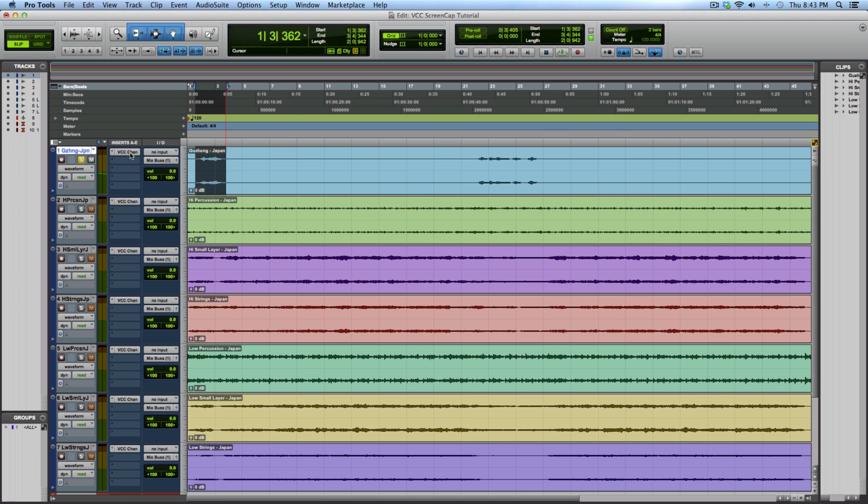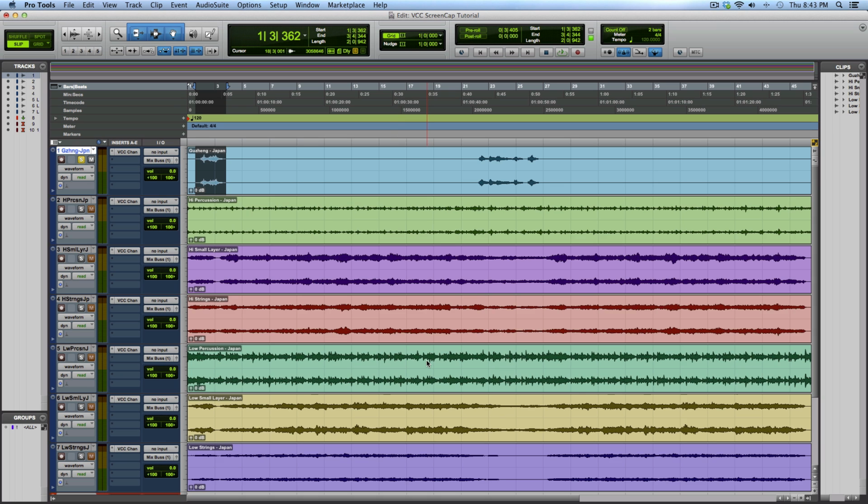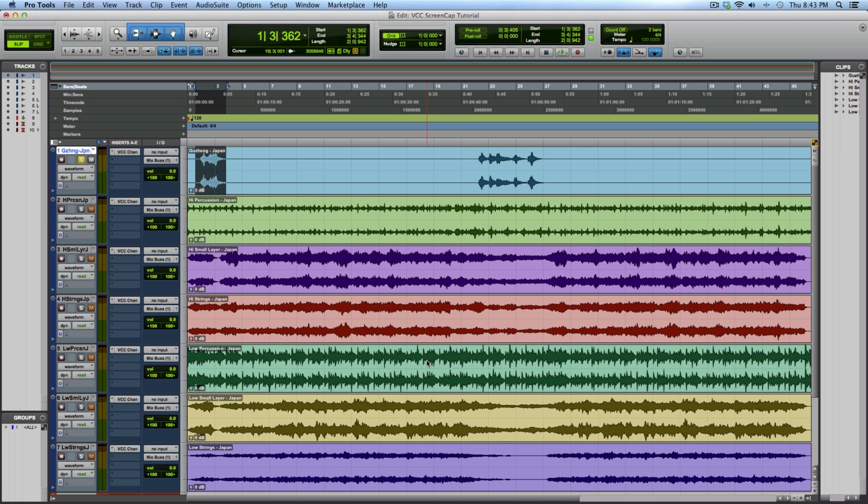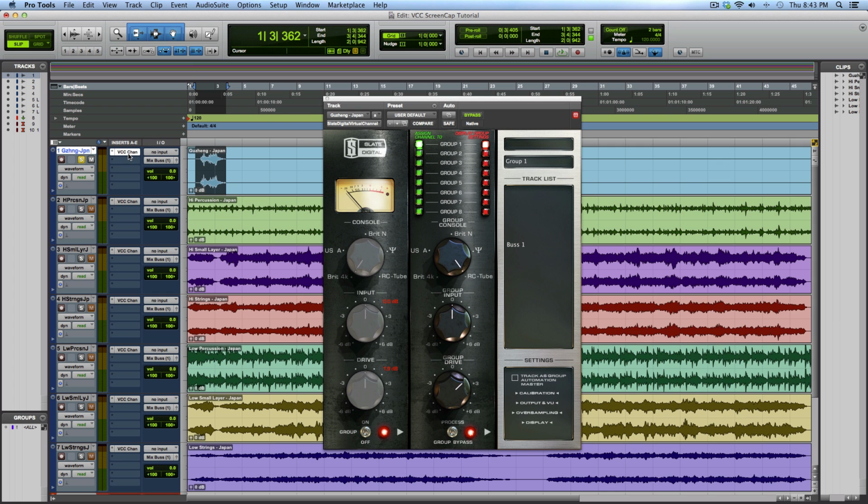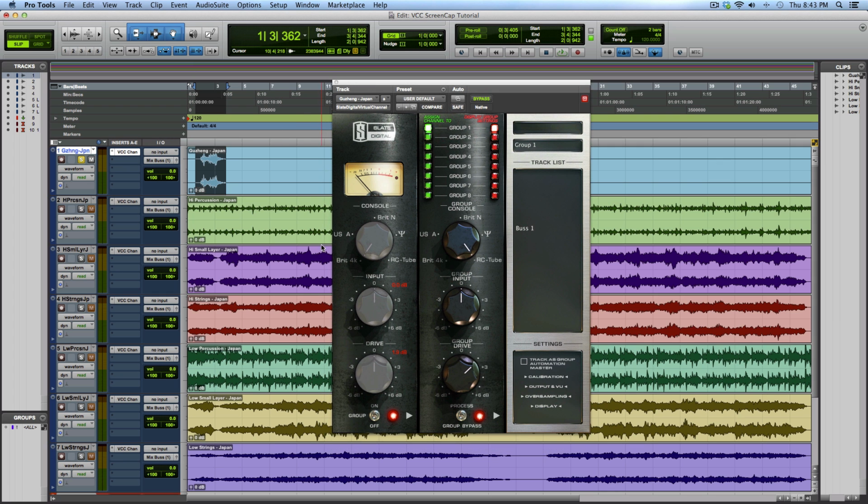Okay, so there's the signal that's coming in. I can see right across the bat that all these waveforms are pretty well even. So if I click Option, Command, and the right bracket, I can actually zoom these guys vertically if I want to see a bit more information. So now that I have this selected, pretty simple. I just bring up my plugin, and then having this selection,